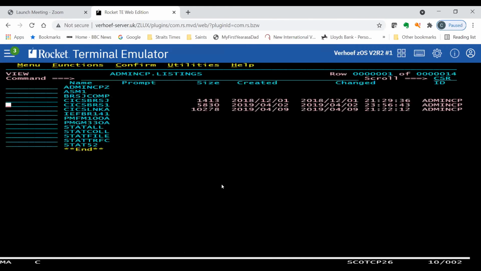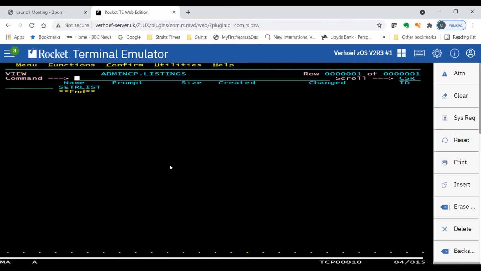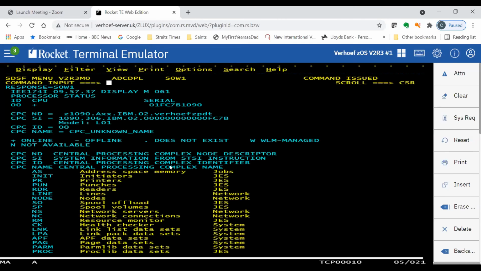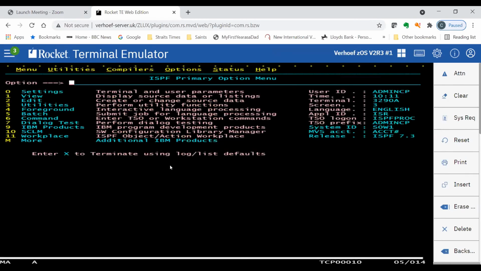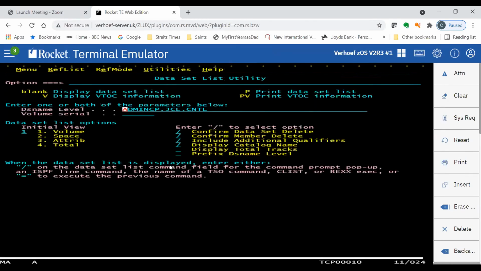Okay, now when I come down to here, if I say select all, then I can actually print off all the data. So what I'm doing here, let me just show you. If I go back to here and I come to this one, sorry, just getting confused between the different regions. Give me a second. Sorry, just getting ahead of myself here. Let me get out of here. 3.4. Okay.